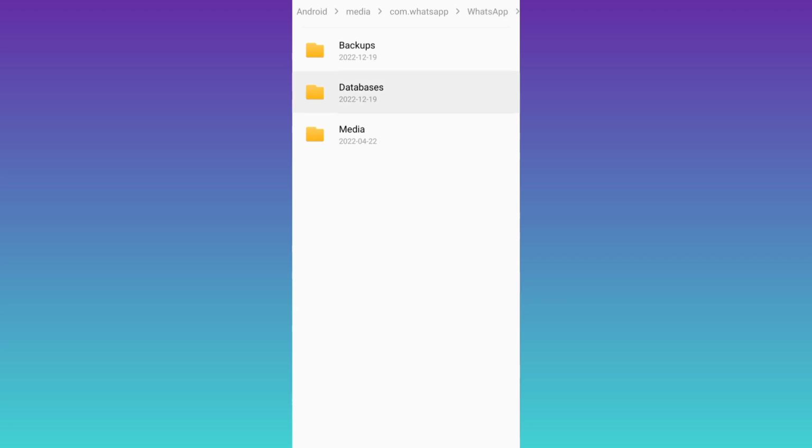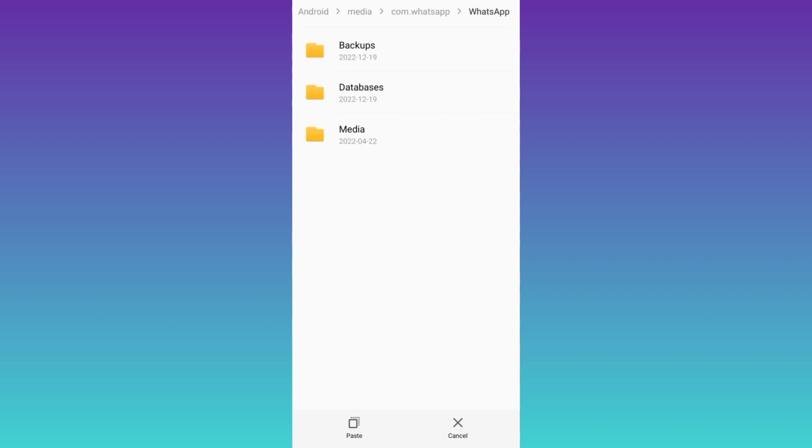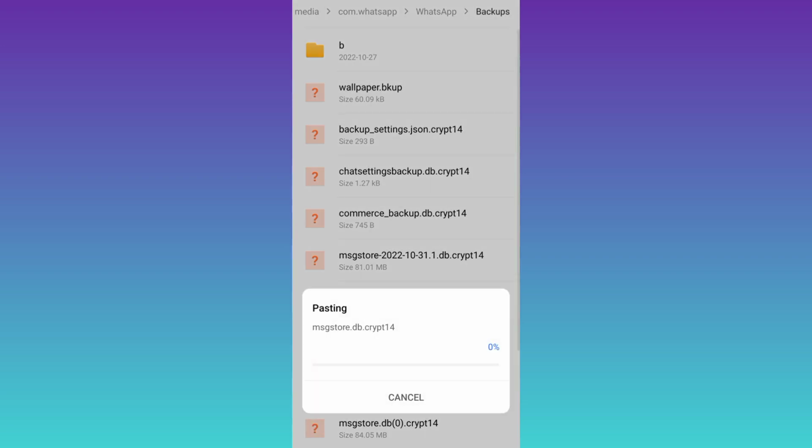on databases. Now what you have to do is to select all these files and copy them. Click on copy. Now go back to the previous folder and then go to backups and paste all the files here. And once all these files are pasted here, your deleted chats will be recovered on